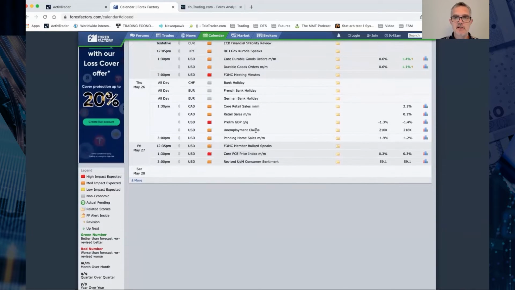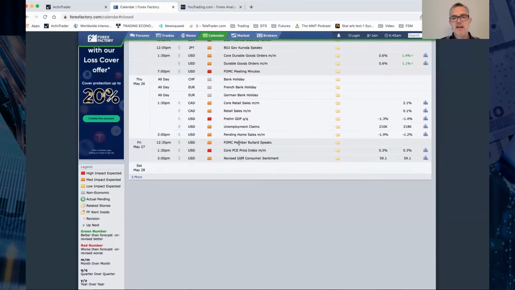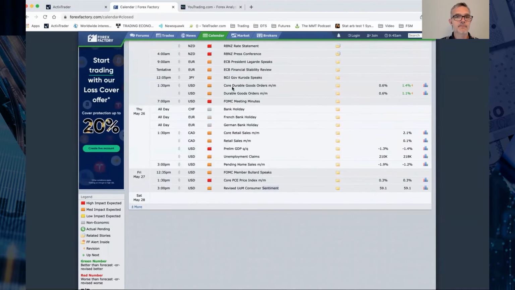Obviously, consumer sentiment across the world has been decreasing. So if we get a bad core PCE, in terms of if it goes higher than expected, then we could see the US dollar affected by that. And then maybe the consumer sentiment is not as important. But if PCE comes in as expected and then we get a worse than expected consumer sentiment, then I'd expect the dollar to come down on the back of that.